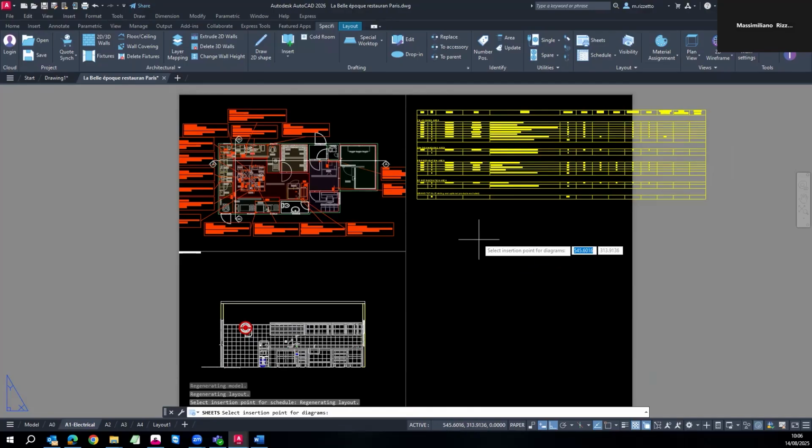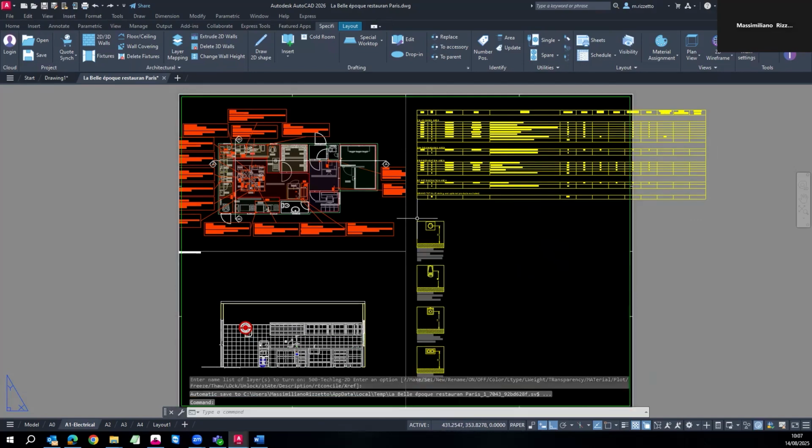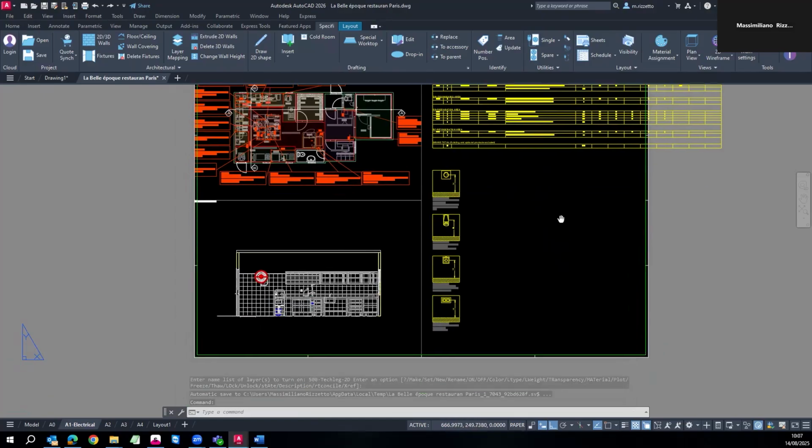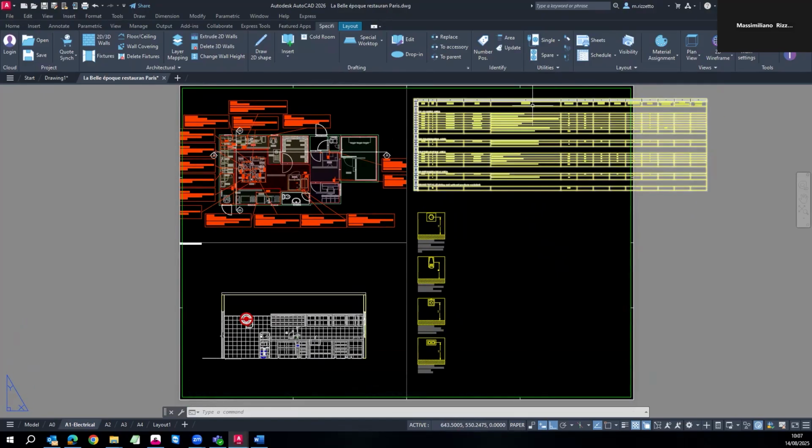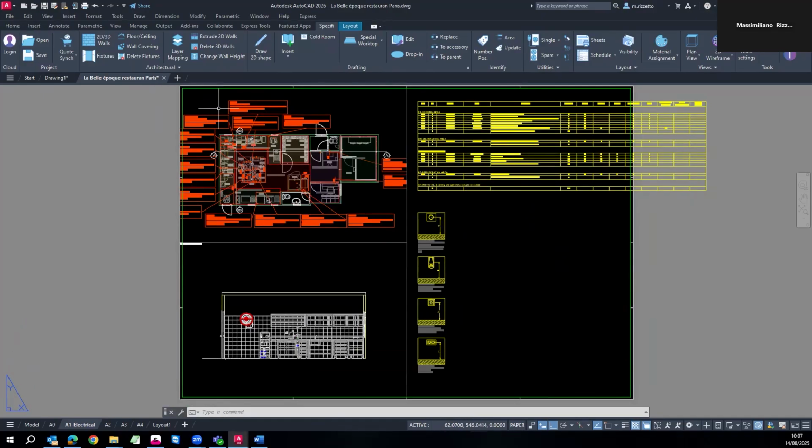And once inserted, it also asks for a point for diagrams. So you can insert diagrams below your schedule. Okay, as you can see, it has also inserted the frame. Okay, and this is the end result. Here we have all